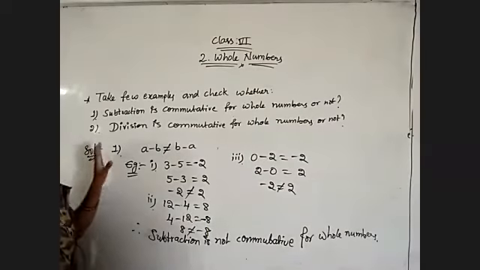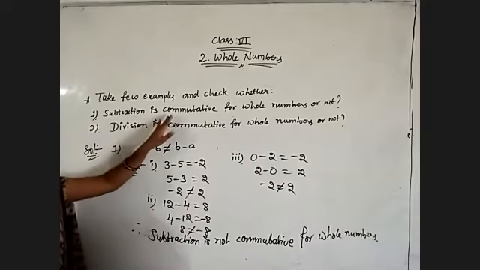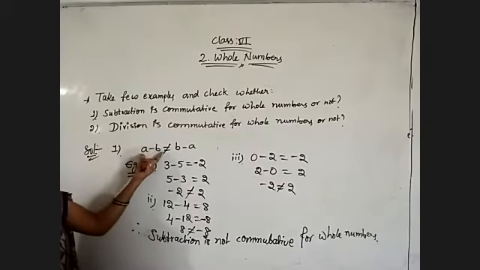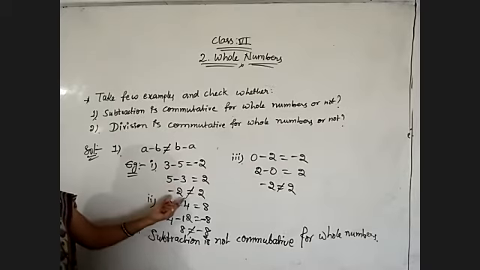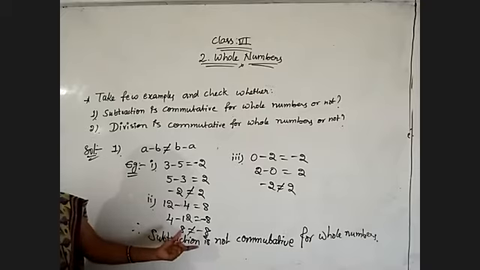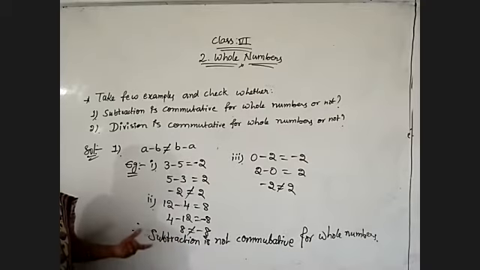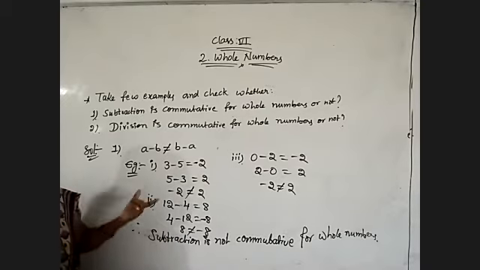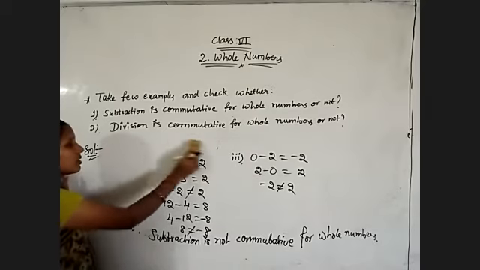Second problem. So I hope you understand. According to the commutative property, by changing the order, you have to get the same result. But whenever we change the order and perform subtraction, we are not getting the equal result. That's why subtraction is not commutative for whole numbers. Otherwise, the commutative property is not suitable for subtraction. Okay. Then coming to the second question.